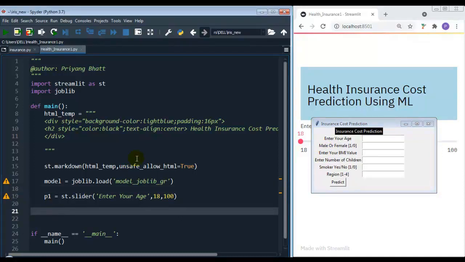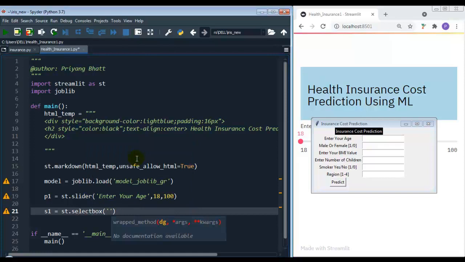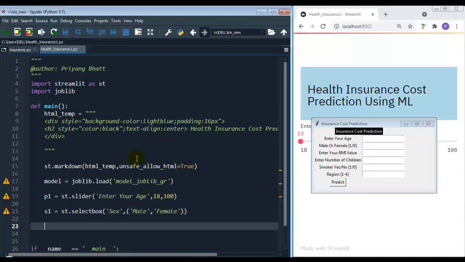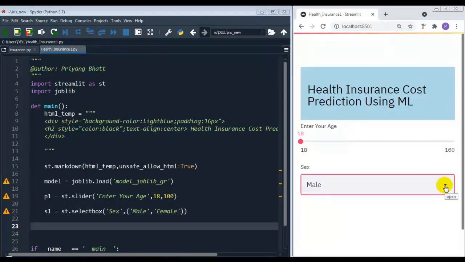So let me set this variable s1. So st.selectbox, I am going to use this select box from Streamlit, and let me write sex, and user can select male or female. Let me save this code and let me reload this app. As you can see over here, now user can select male or female.